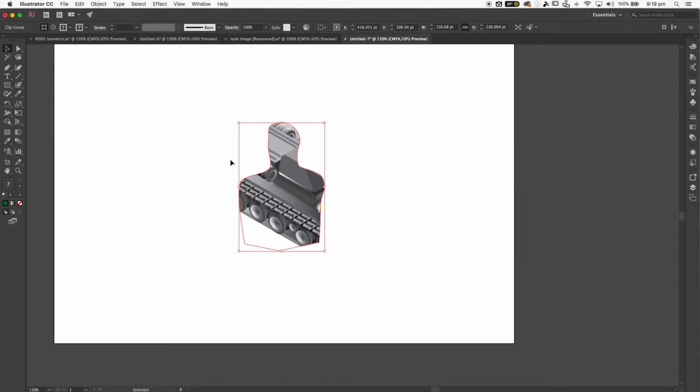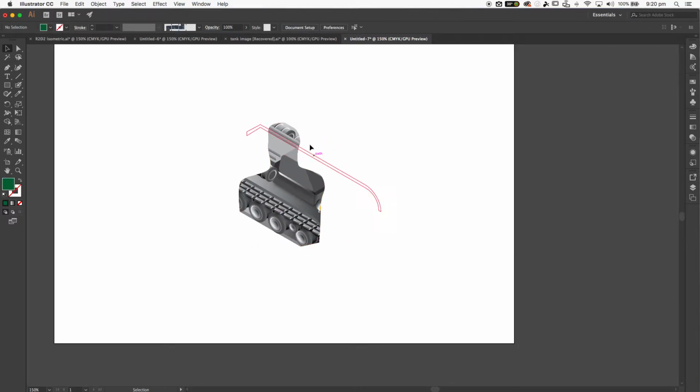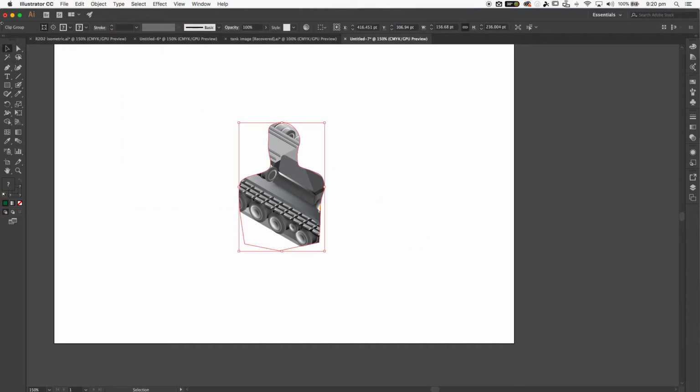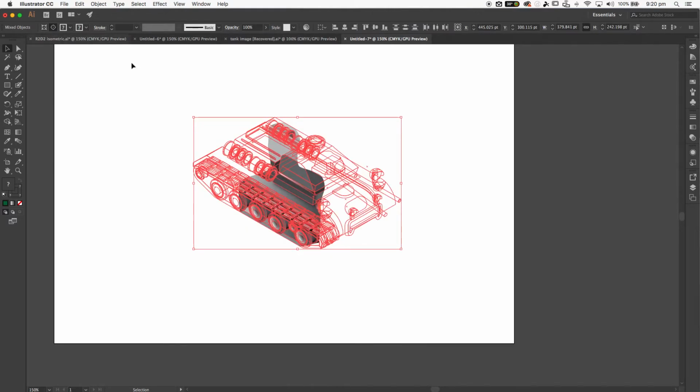And as you can see, what that does is kicks everything outside of the shape that I placed in front. So that little figure, torso sort of shape, everything outside of that is now kicked out. The tank itself is still there, but this is acting as a mask. Now I can reselect on everything, and in my options here I can go to edit content, and this will